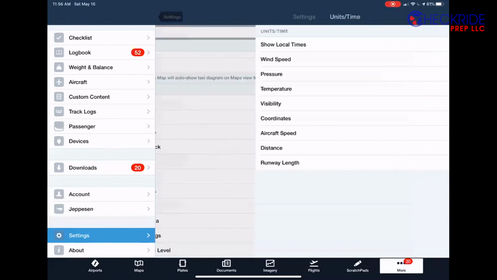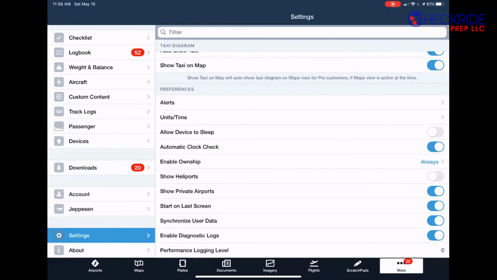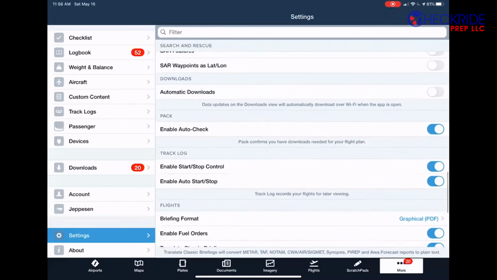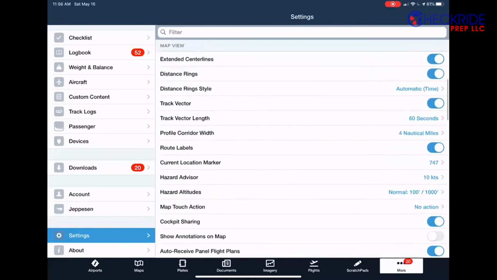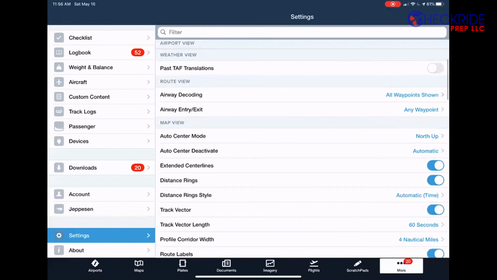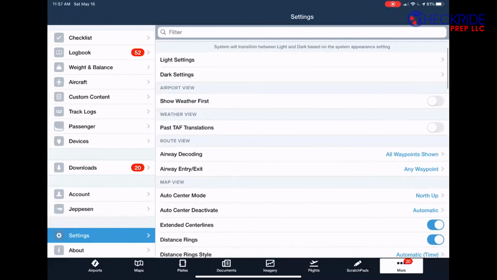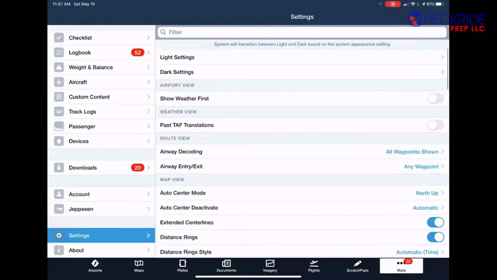Now, if I back out to the main settings menu here, the other thing too is that this is providing some additional information as we go along. So this is just the overview, if you will, of what you're going to set up in the settings menu. So the first thing you do is when you download and log into the app, make sure that you downloaded the correct charts. You're going to go through your settings menu on this tab, and you're going to select what you want in terms of what your personal preferences are, if you like the light or dark. If you want to auto center, if you want north to always be up, and then